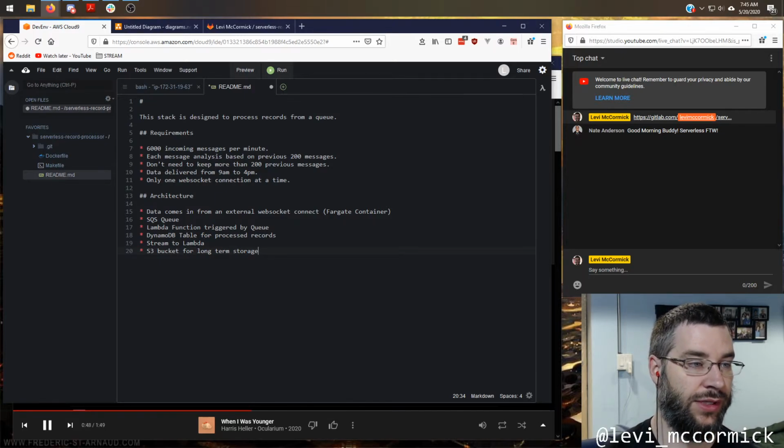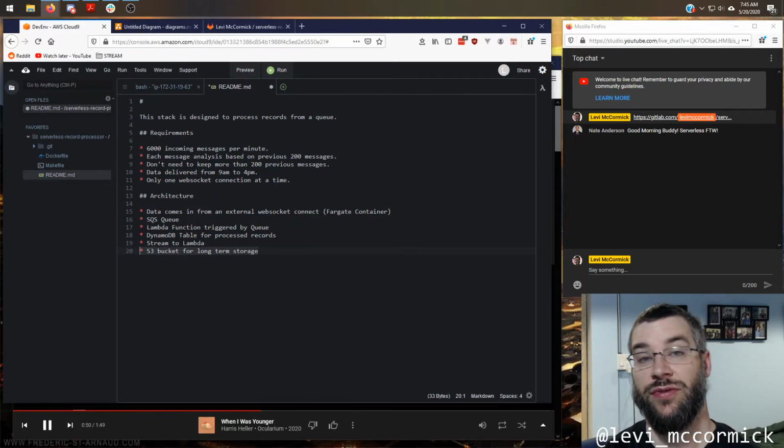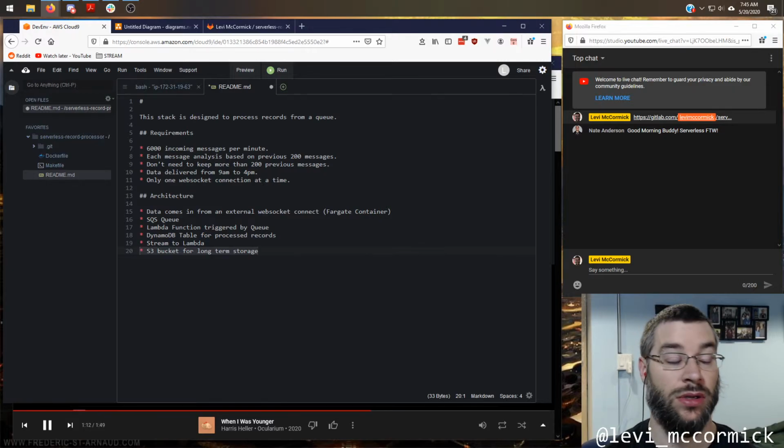S3 is super configurable in terms of trying to save money around access patterns and long-term storage. But there are some gotchas. With this system that we're designing, each one of these objects is going to be small, a few kilobytes each.